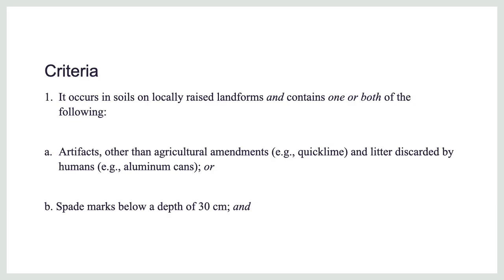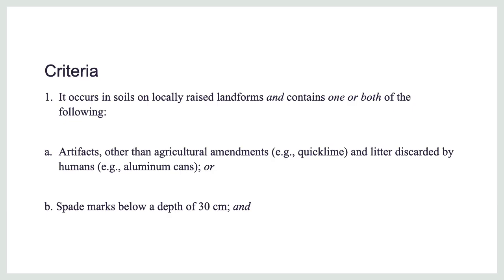So it should register some terraces or landforms that were produced by humans, okay, and contain one or both of the following: artifacts other than agriculture amends, like quicklime and low fertility, okay, and they should register spade marks below a depth of 30 centimeters, showing that they were mixed by humans,